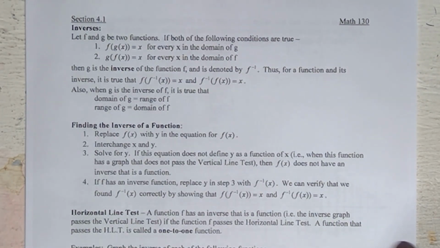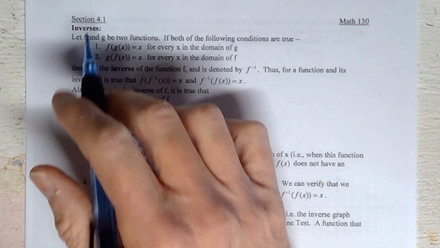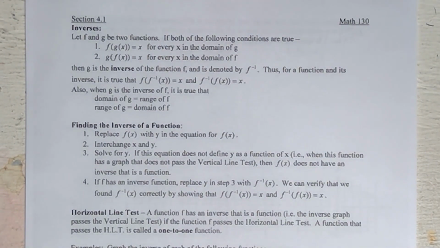We're looking at section 4.1 right at the beginning of chapter 4. In particular, we're going to be looking at something called inverses. Every function has an inverse. It's just a question of whether or not that inverse is itself a function as well, or is it not